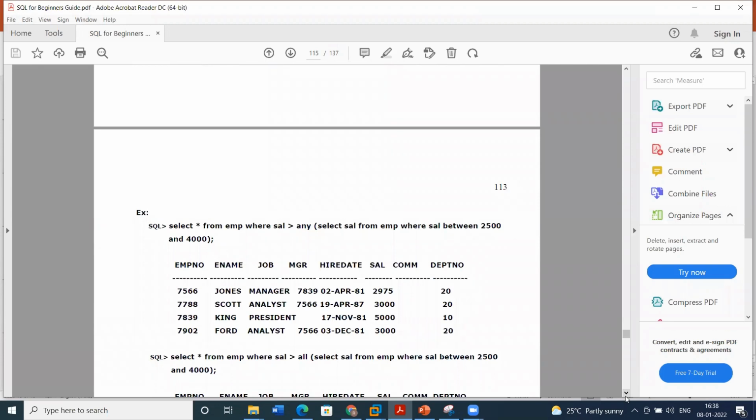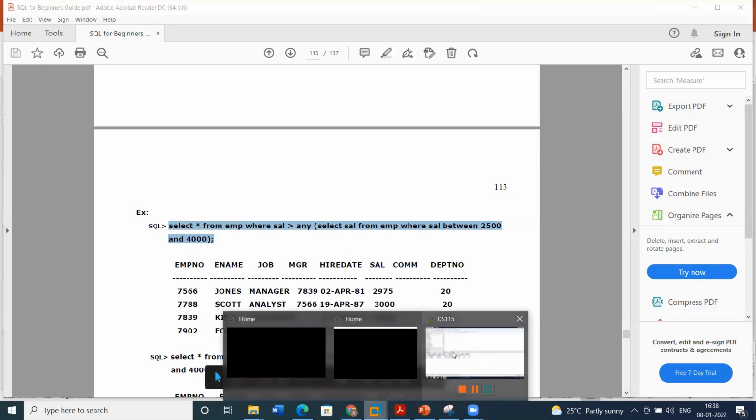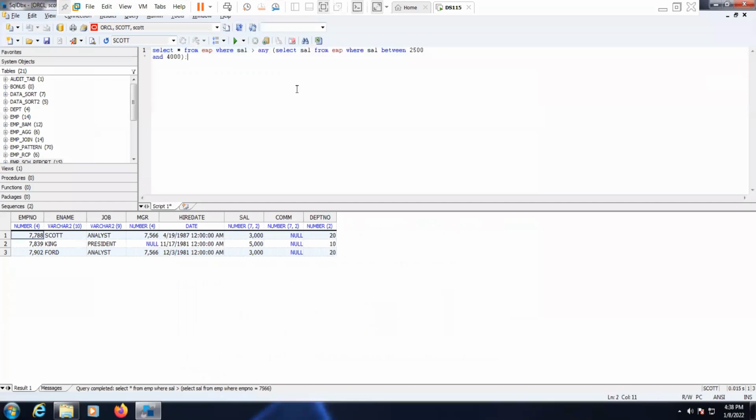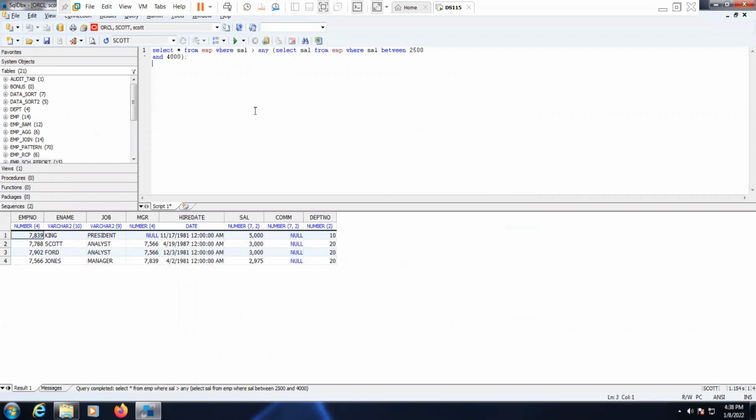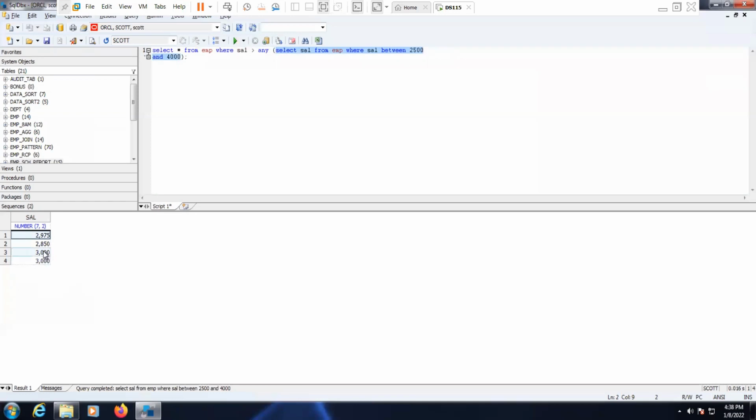Suppose I want to know the list of employees whose salaries are between this range and that are greater than the given value. Now I will execute this. Here I use the function called ANY. You can use ANY, IN, or the BETWEEN operator. Like that you can use. Copy this statement here. So we have received 4 records. Now let's see what values the subquery returns. The subquery returns values, and the results should be greater than these values, 3000 and so on. Okay, now let's see this.